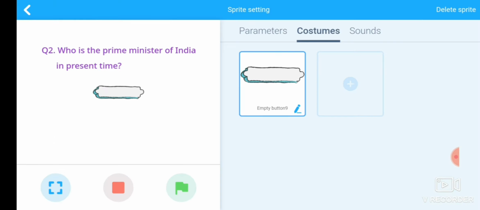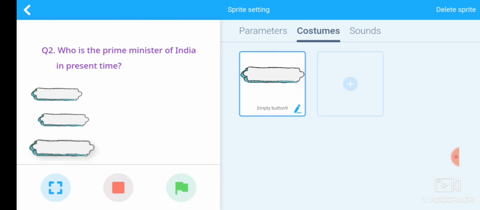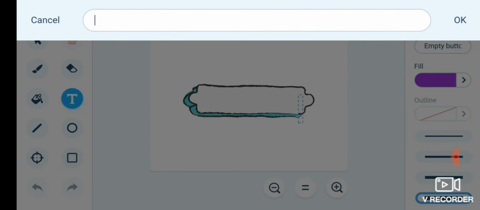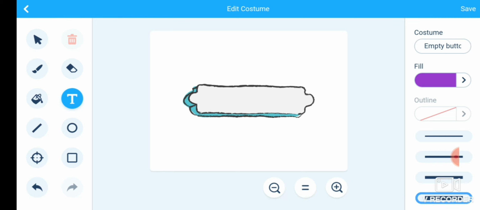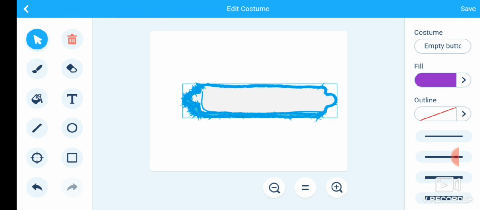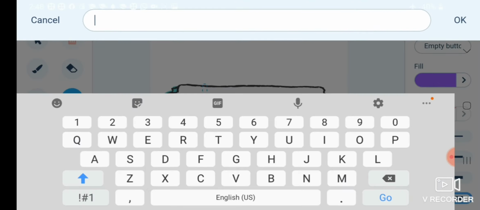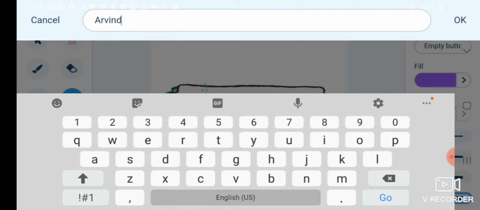Now we will add these sprite. Type here, first we increase the size of the button and then type here, first option is Arvind Kejriwal.